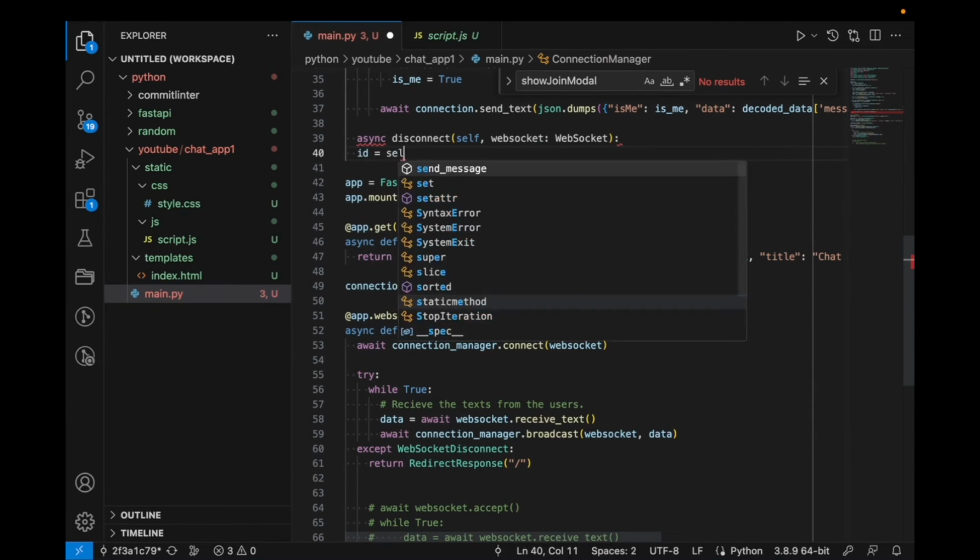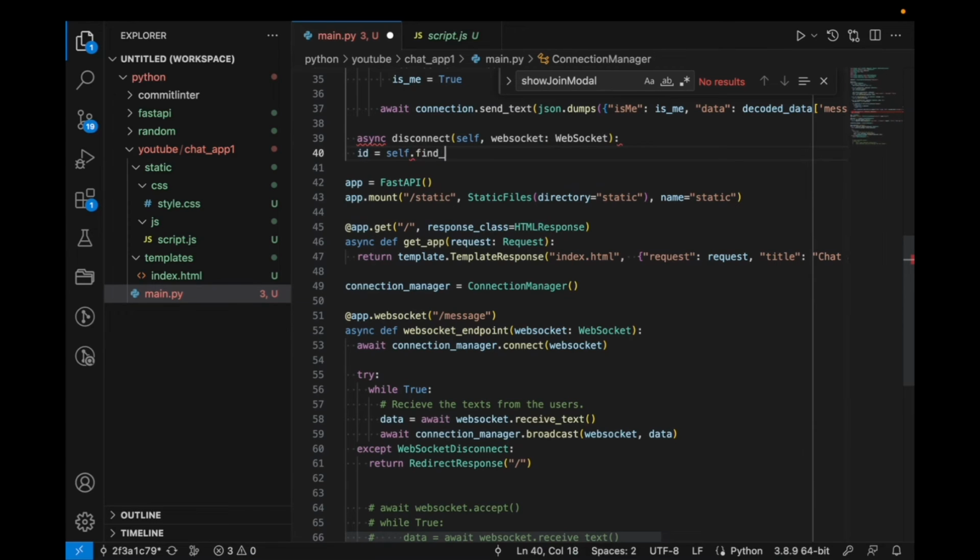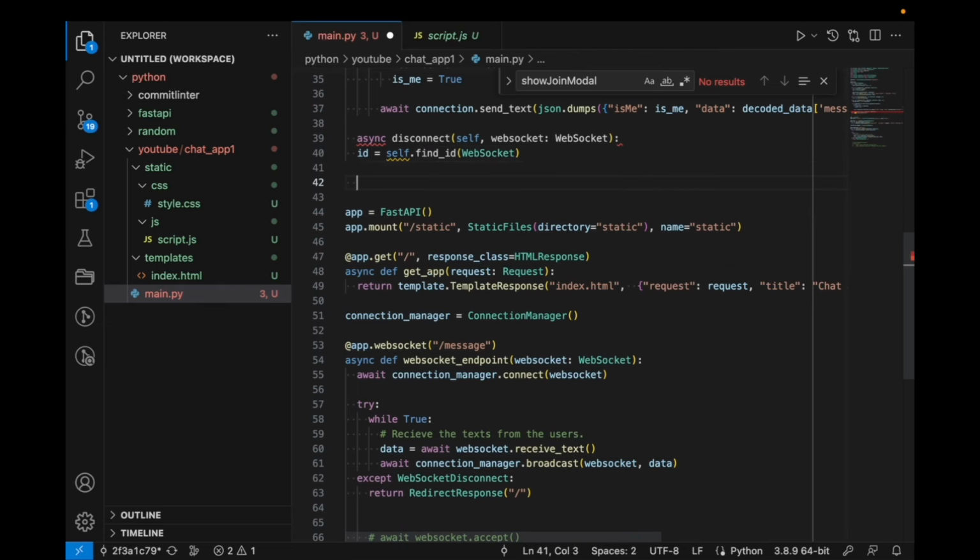So we are going to do self.find_id, and we pass the WebSocket. And simply we are going to do self.active